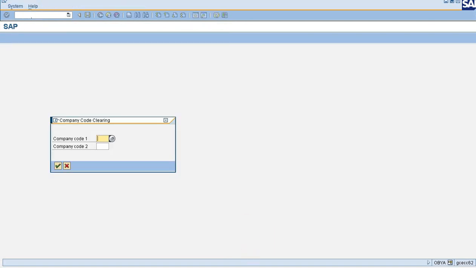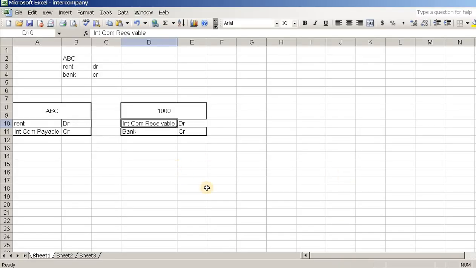Now going to the Excel once again, the entry rent account debit to intercompany receivable would be in ABC's books of account, and the other one, intercompany payable debit to bank, would be in 1000's books of account.